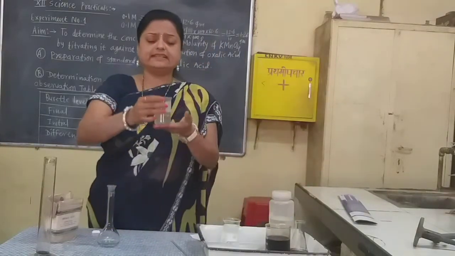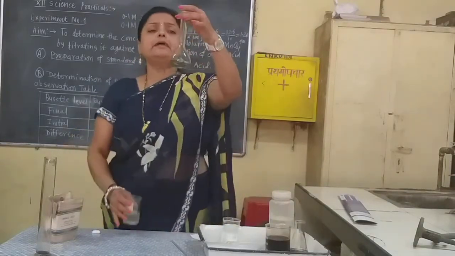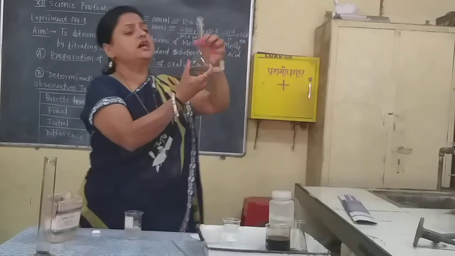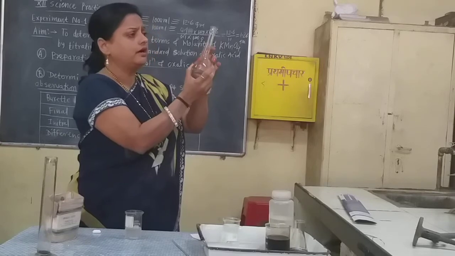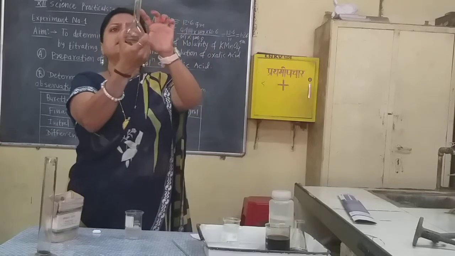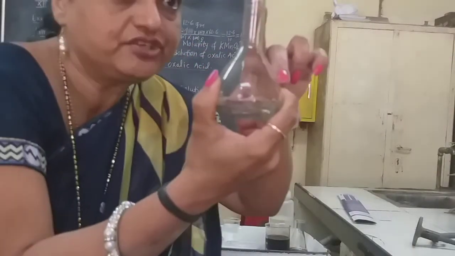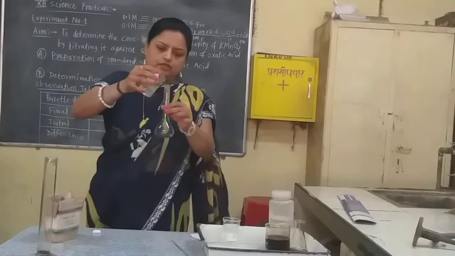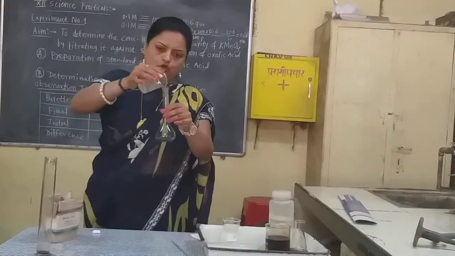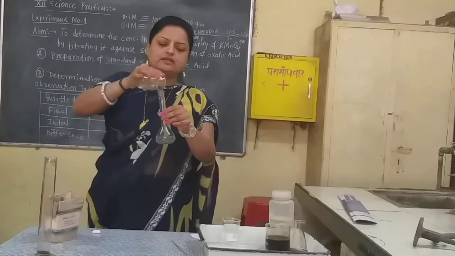When all the oxalic acid has dissolved, pour this solution into the 100 ml volumetric flask. There is a calibration mark on the neck of the flask, and up to that mark is 100 ml. This is the calibration I have shown, the line of 100 ml. Now pour this solution into the empty volumetric flask. About 40 ml of solution is there.